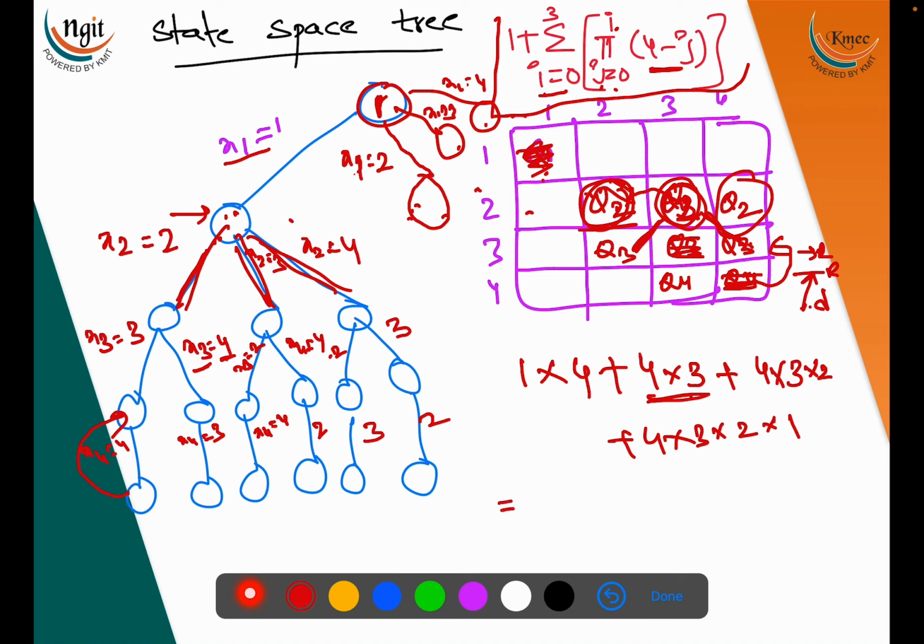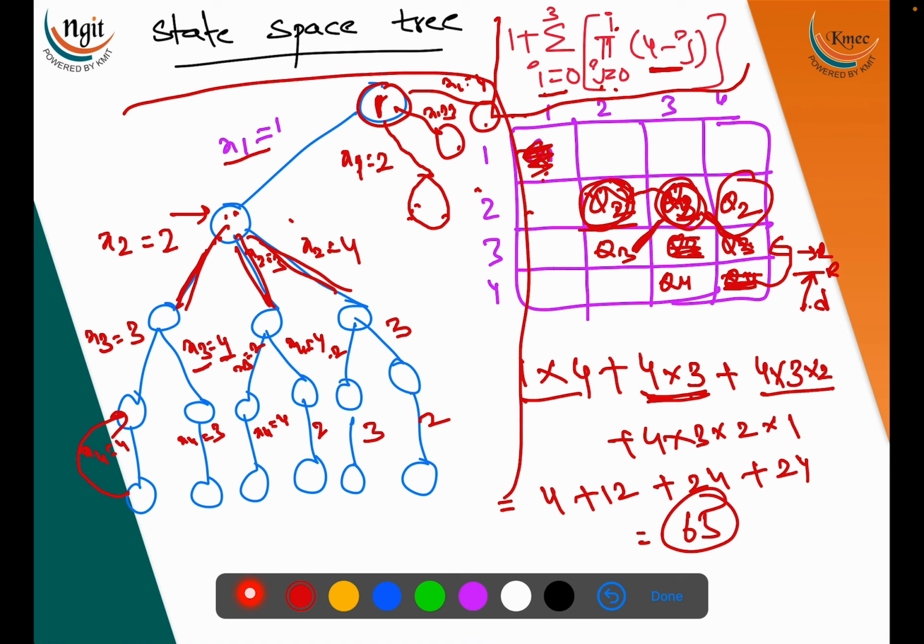So finally it is 1 into 4. 4 plus 4 3s are 12 plus 24 plus 24. So put together you will get 65 as the answer. So the total number of nodes of the state space tree will be 65. So this is what actually